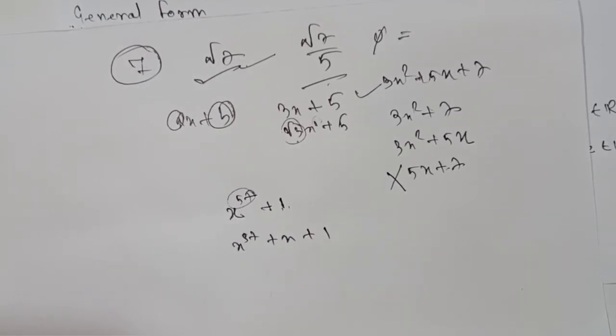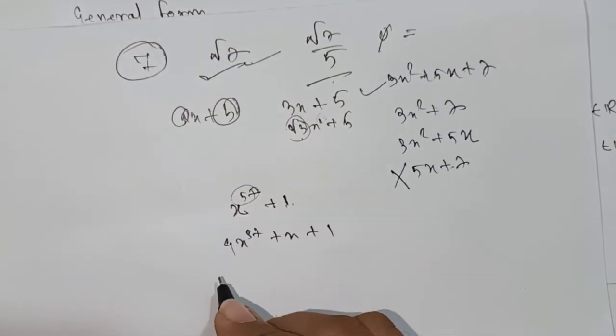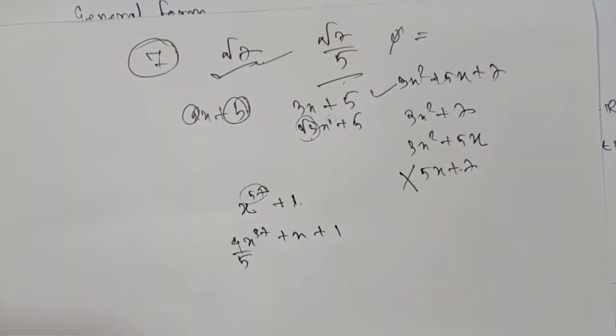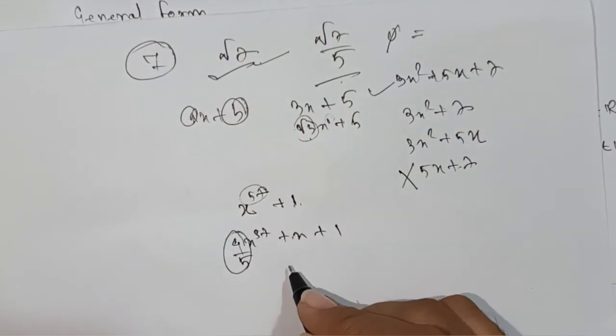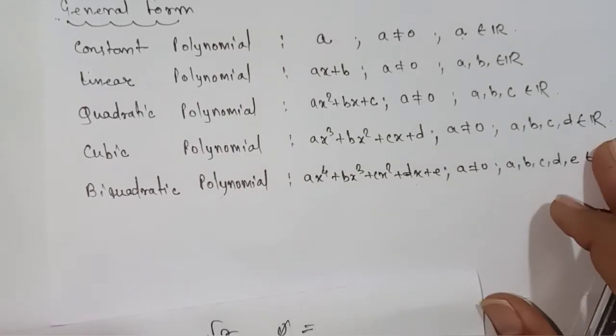Okay, we'll go with the simple. If I take some other coefficient numbers like this, is it okay? Yes, it is okay, but we go for simple. Why are we going to take different numbers? To save your time, 1 second, 2 seconds is very important for you. Okay, so these are the general forms. I hope it is clear to all of you.